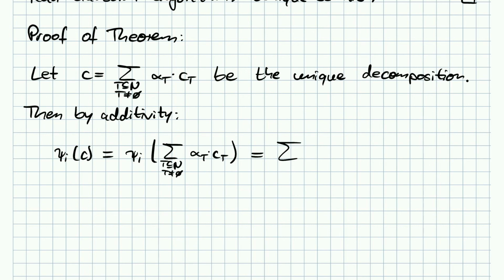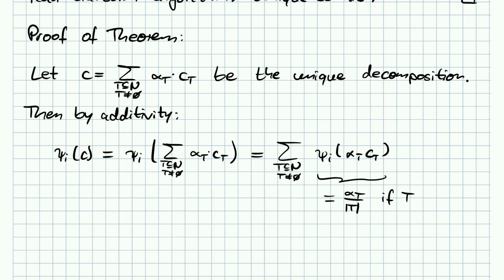Now we can move the sum out of this psi. And this here will be equal to alpha t over cardinality of t